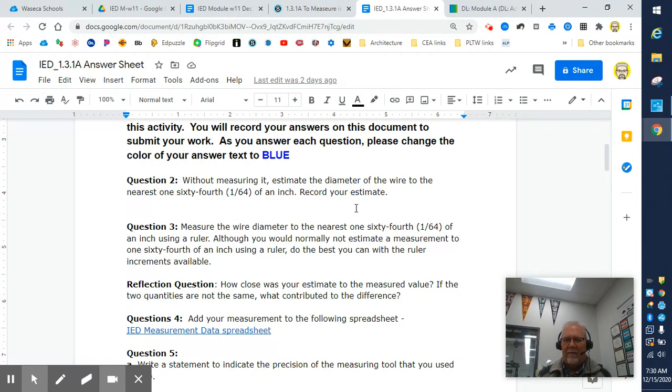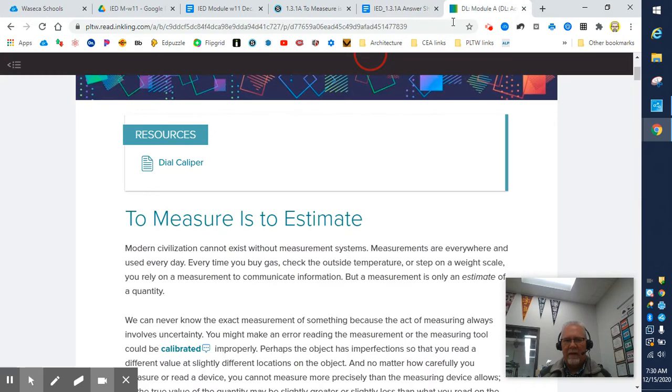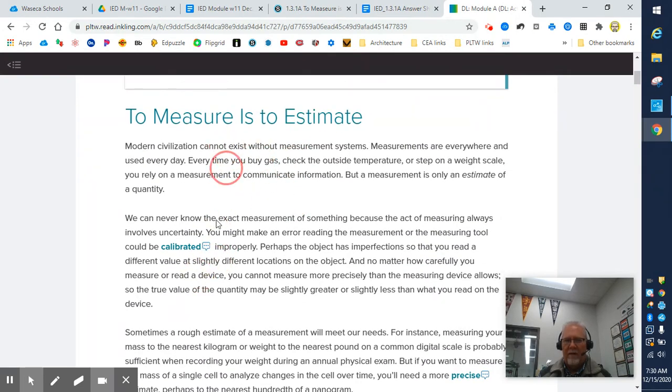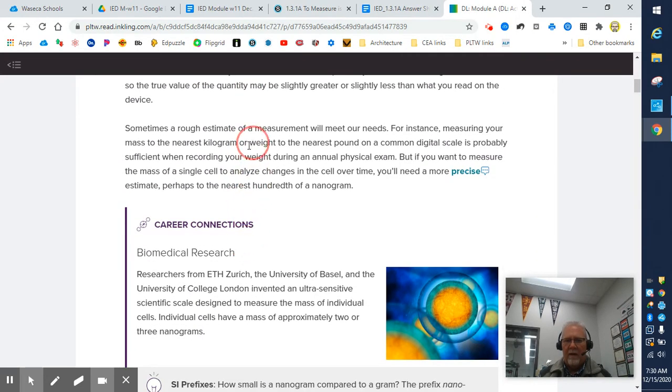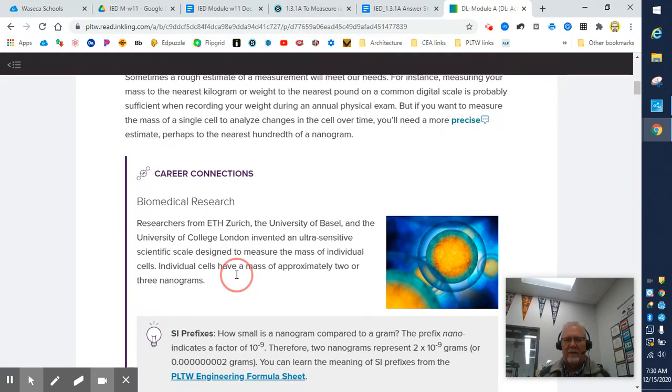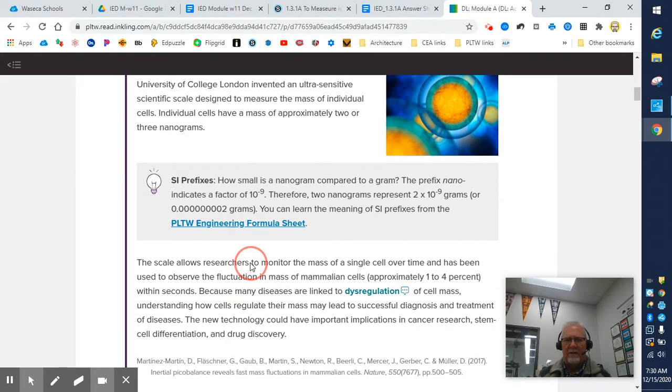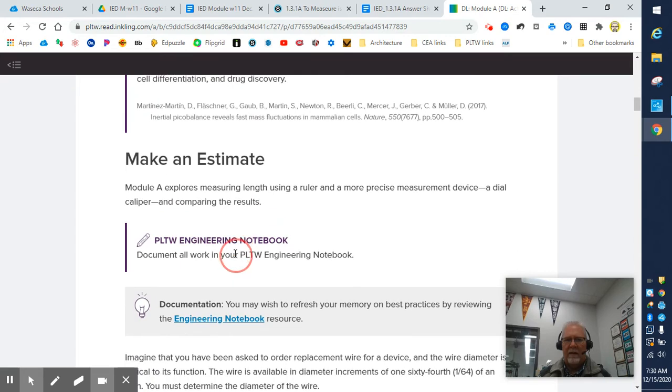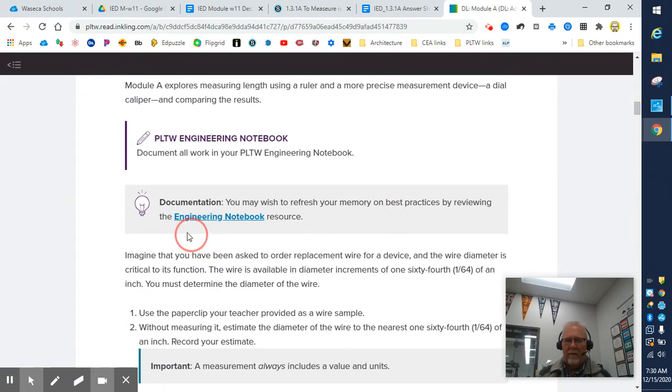Now, I've had these out for a week now, so by now I'm trusting that you have picked up your dial caliper, and there's some other information there that you'll need as we work through this activity in this packet. Okay, so as you work through this assignment, read through this very carefully. You can gloss over this part, read it lightly, breeze through it, I would ask you to. But when we get down to this part,